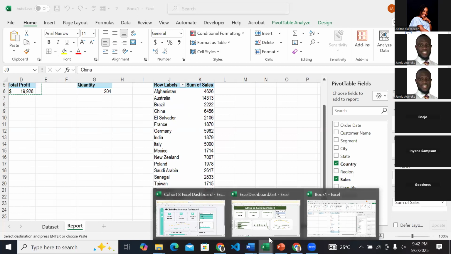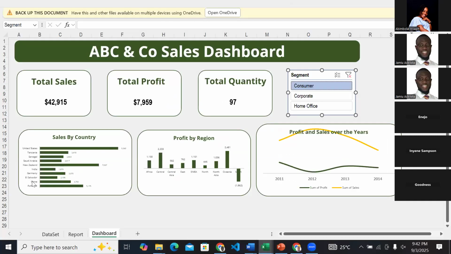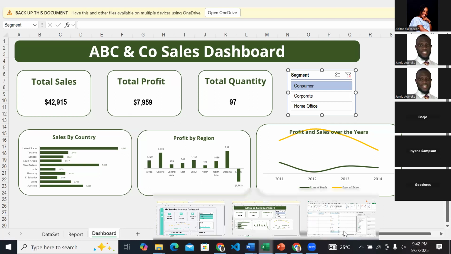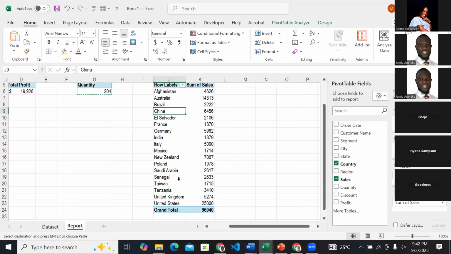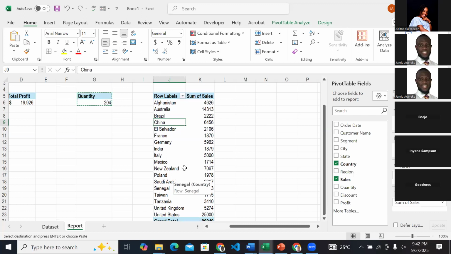However, you will notice that in the report that we are trying to do, there are only the top 10 countries by sales. We only have top 10. But if you look at my own reports here, we have about 50 to 20. So how can we just select top 10? To do that, select your pivot table, right? Then come to this,